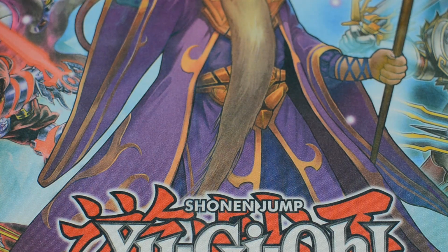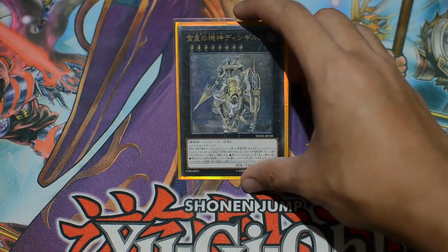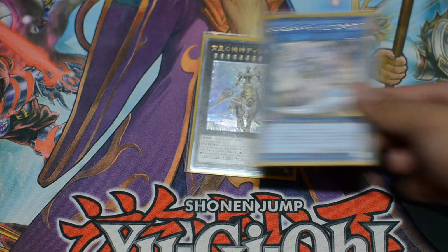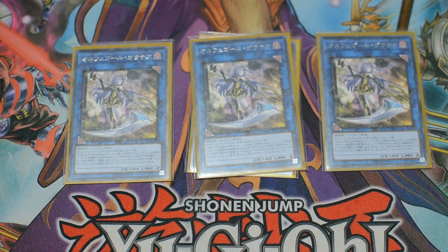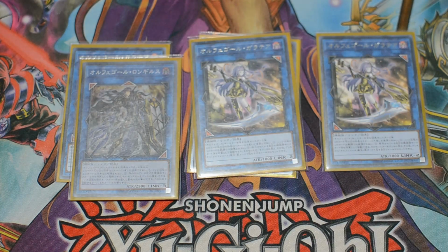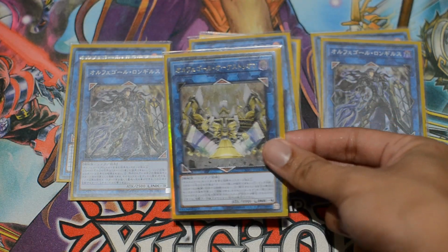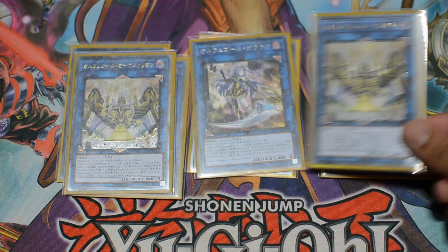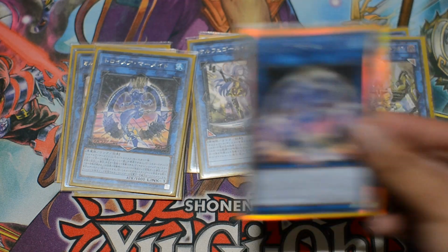For my extra deck, I run 1 Sheorcust Dingirsu, 3 Galatea, 2 Longrisu, 2 Orcustrion, 2 Nightmare Mermaid,